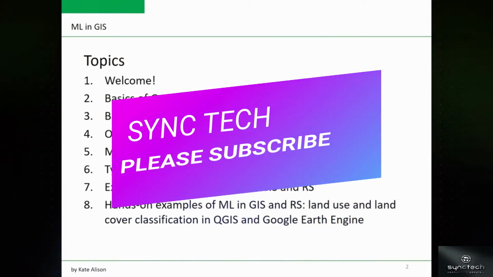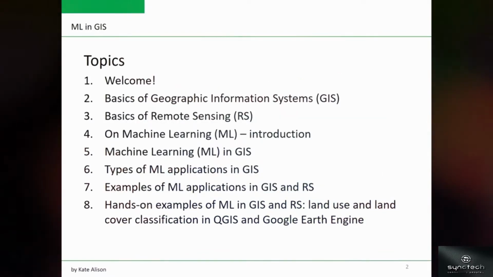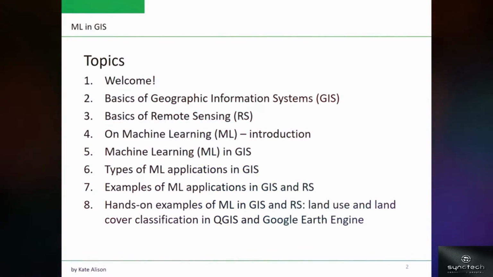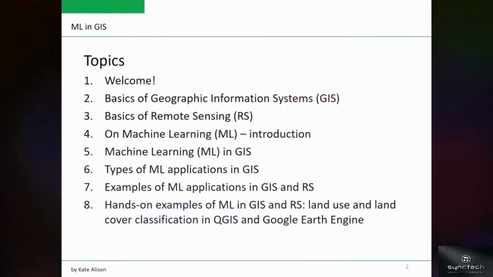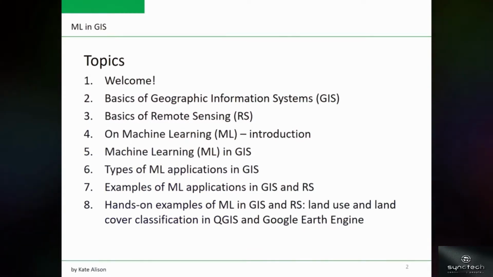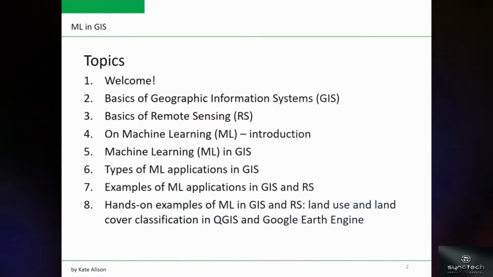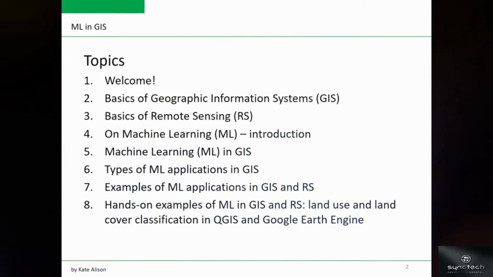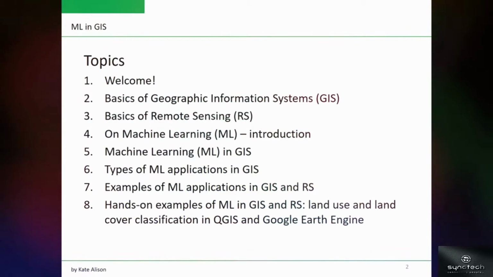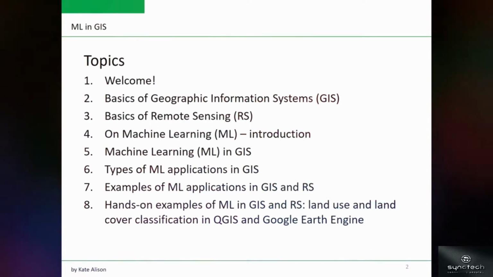During this course, we will learn the following topics. What is Geographic Information Systems, or GIS, and where we use it? What is remote sensing and where we use it? What is the main principle of GIS and geodata types? Where do we apply GIS? Where do we apply remote sensing? I will provide you with a few examples.